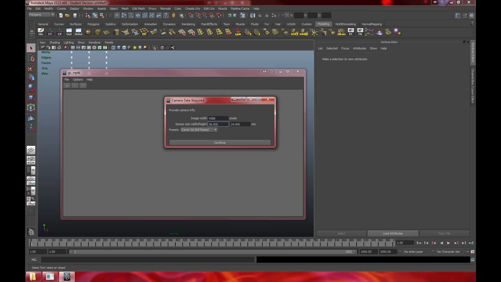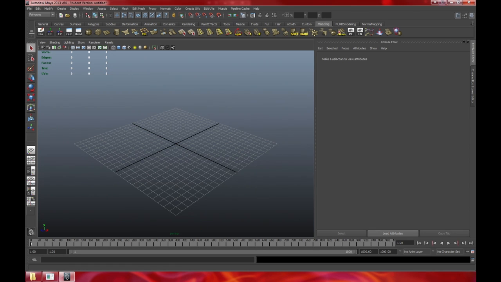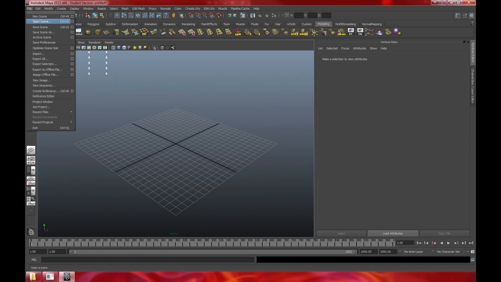I usually just go to Google and type in whatever camera was used, sensor size, dimensions, and then I'll enter that in here. Now I don't remember what camera sensor size this was for, so I'm actually just going to open up my other project,